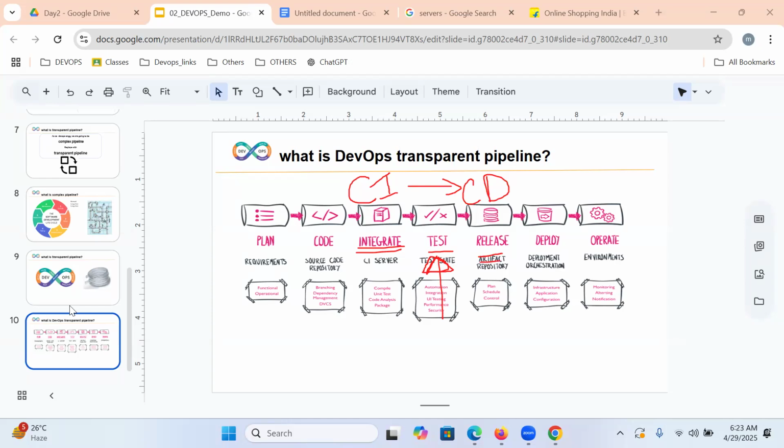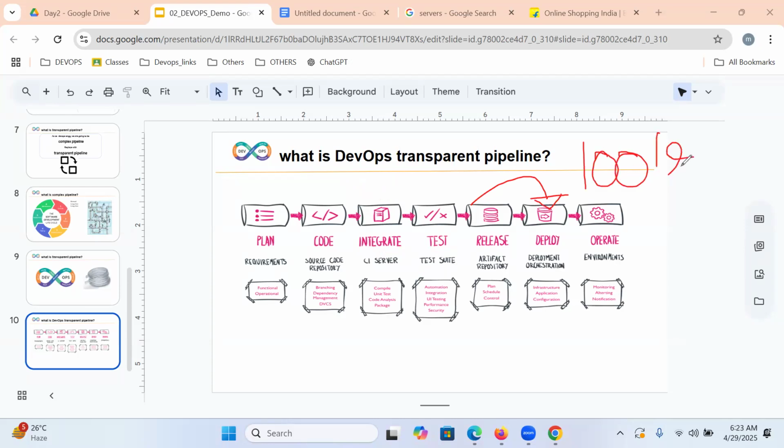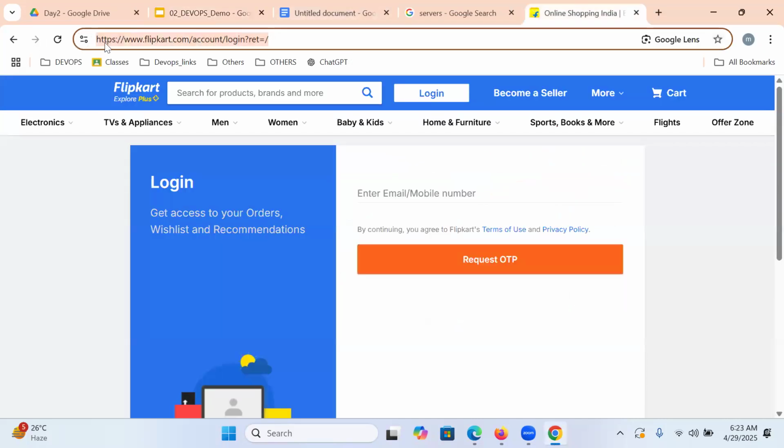Once released, we place our applications on hundreds of servers, which we call deployment. Once our applications are placed on hundreds of servers, we can access them on the internet as a website.